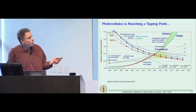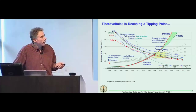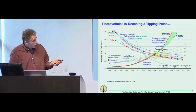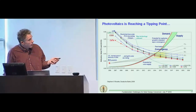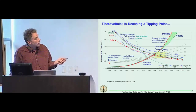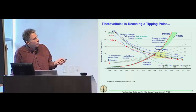And for example, it was brought up earlier that First Solar is an attractive stock, and this is one of the reasons why. Because as a public company, they're required to divulge their financial data and costs, and indeed, they are, by acclaim, the lowest cost per watt manufacturer of photovoltaics. And what that means is that as costs decline, and you can see here we're really at a tipping point in photovoltaics where